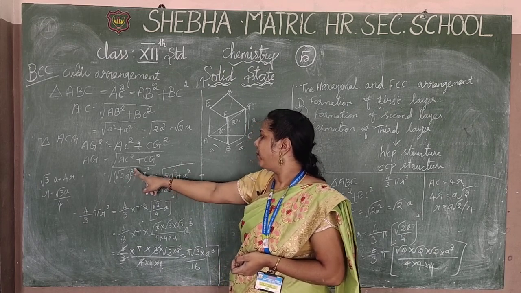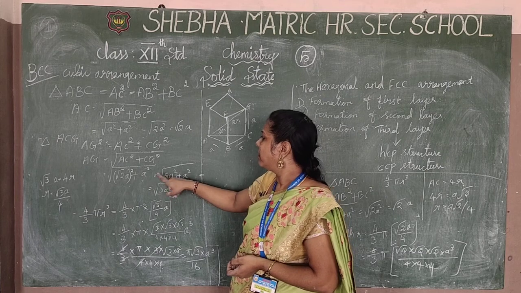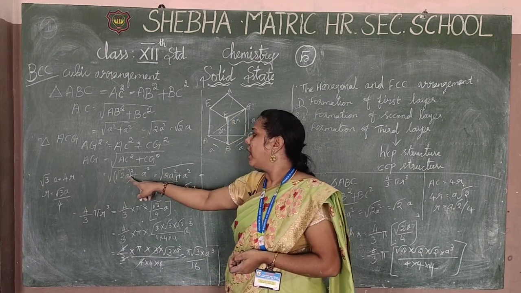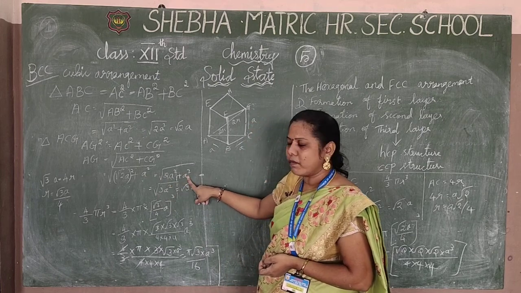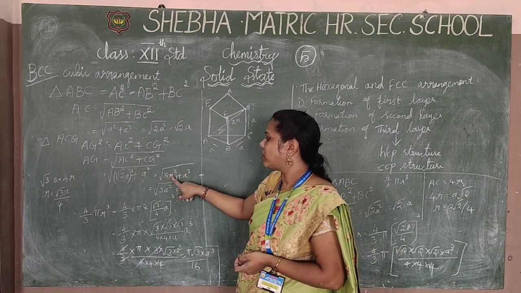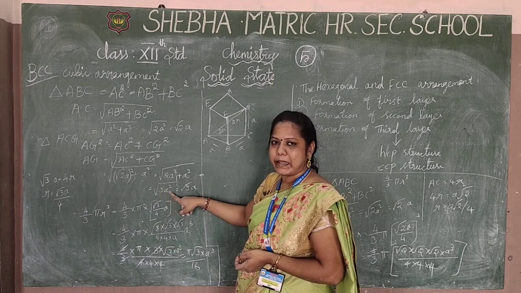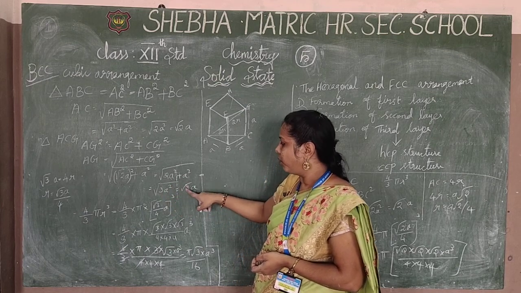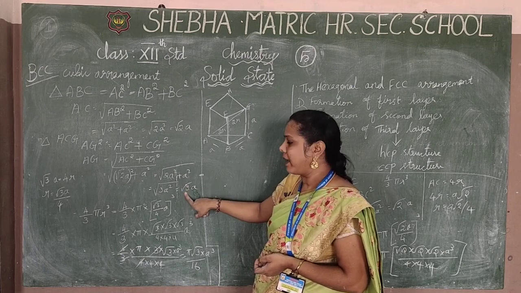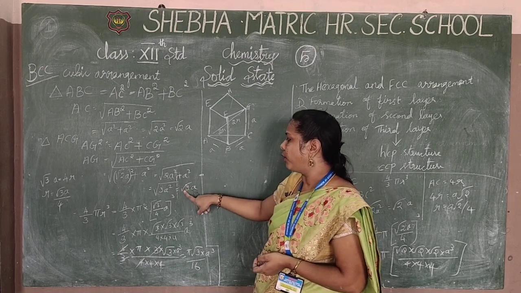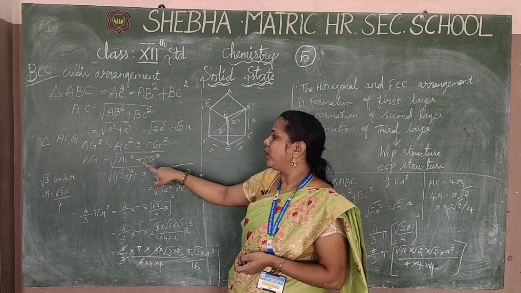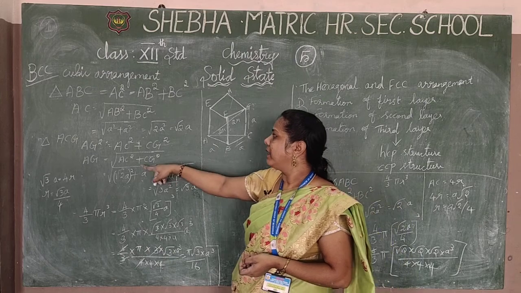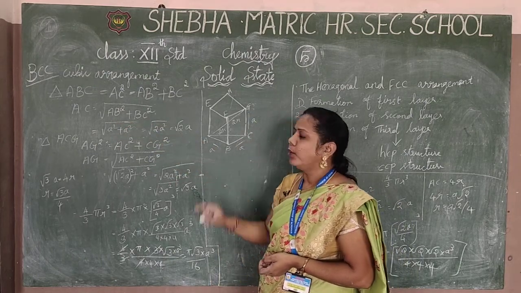Root on the 2a square, the root and square cancel, we get only 2, and a square. Obviously here also 1 a square. So totally 2a square plus 1a square, 3a square, and we cancel the square for a. So root 3 only remains, and a comes out of the root, so root 3 a. So finally you get the AG value is root 3 a and the AC value is root 2 a.